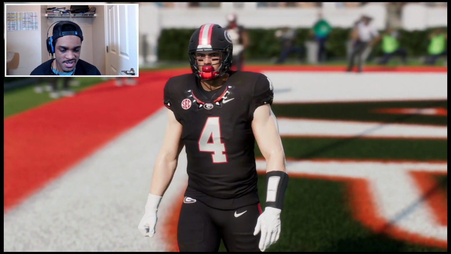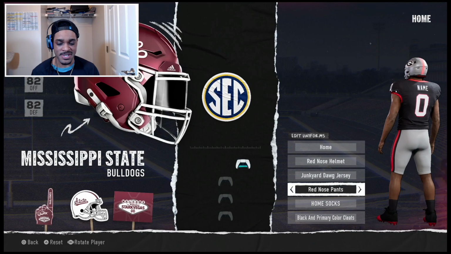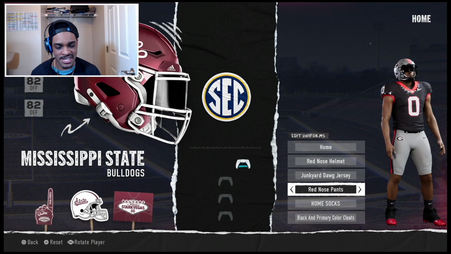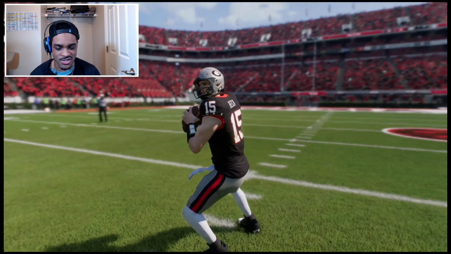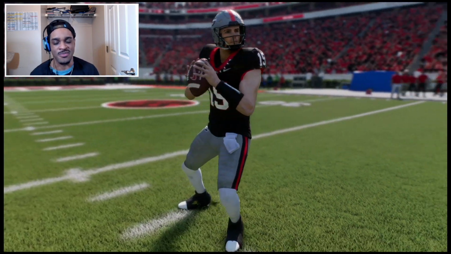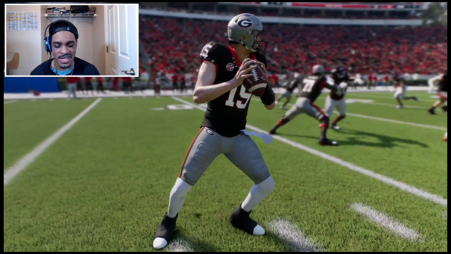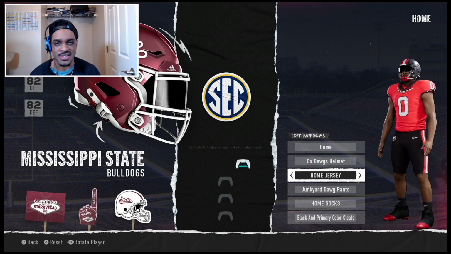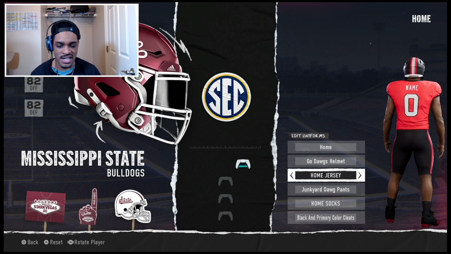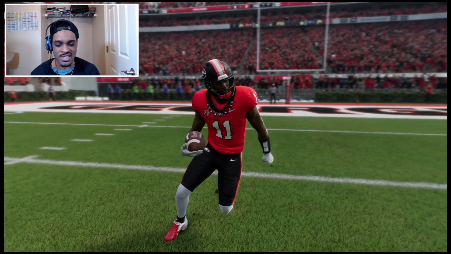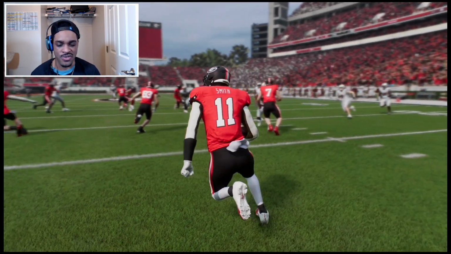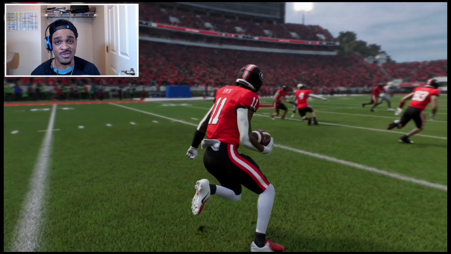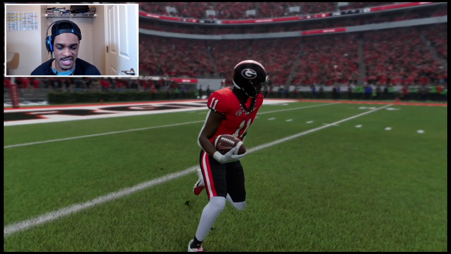Now next, against Mississippi State, we're gonna have a little mix and match here. My favorite thing to do is mix and match uniforms, so we're not gonna try to score a touchdown in these. We're just gonna show them off a little bit. The gray helmet, the gray pants, just a beautiful combination. Another one is the red jersey, black helmet, black pants combination. Just a beautiful look for Georgia,